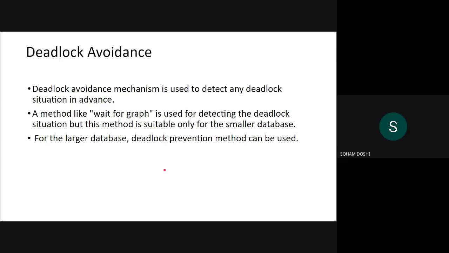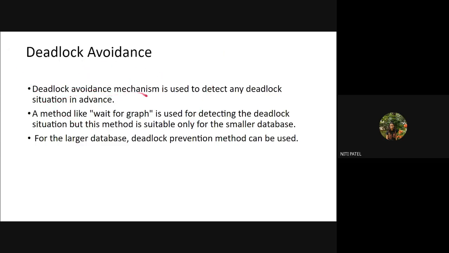Yes, ma'am. So now if there is a deadlock, I have to either avoid it or prevent it by detecting it. The first step is I will detect it, then I will try to prevent, try to avoid, and try to recover. The same thing which we did in OS. First we detect, and after detecting we try to prevent or avoid it, or if we end up in a deadlock, we try to recover from it. Okay. So let us see what deadlock avoidance is.